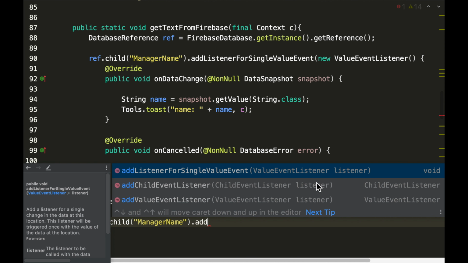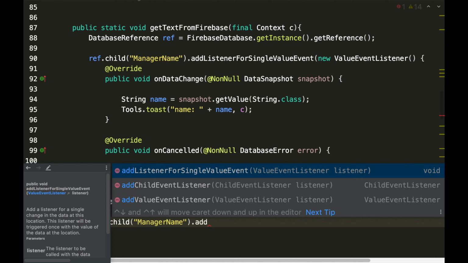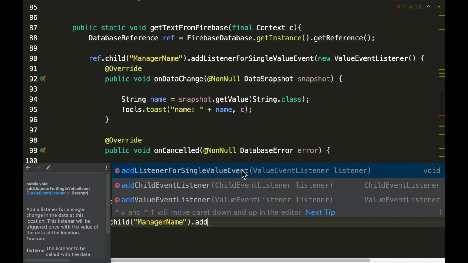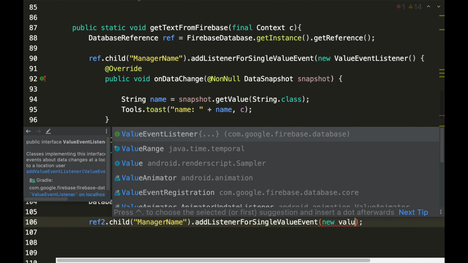That's the first one. There is also the add child event listener and add value event listener. They're all the same thing, but these ones are live. This one only listens once, while the add child event listener and add value event listener listen constantly. When something changes, they fire. So that means this thing can fire 10 times in a second, depending on how many times the value gets updated in the cloud. So to keep things simple, we're going to be using the add listener for single value event, and then we're going to say new value event listener,